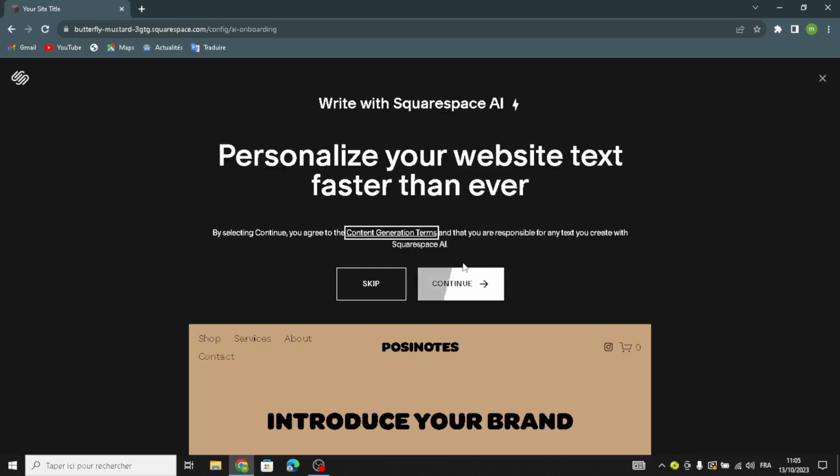Here you can choose if you want to continue and describe the details about your website, add the description and choose the writing style, or if you want to just skip this. I'm gonna skip this. Okay, and now let's move on to customize the website homepage. So this is your homepage right now. So first click here, edit,